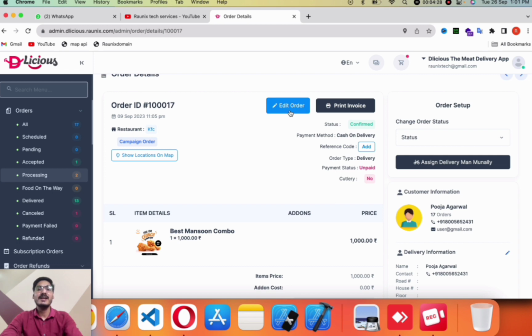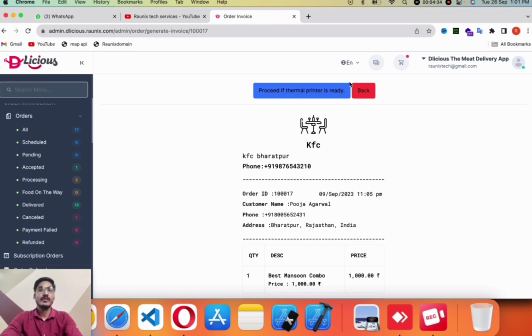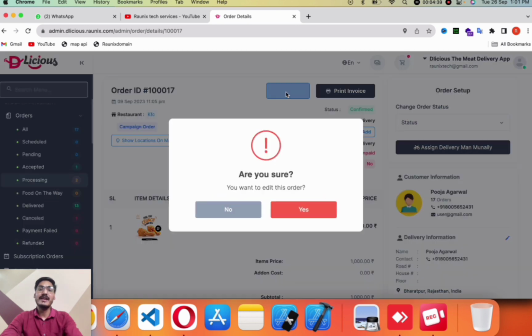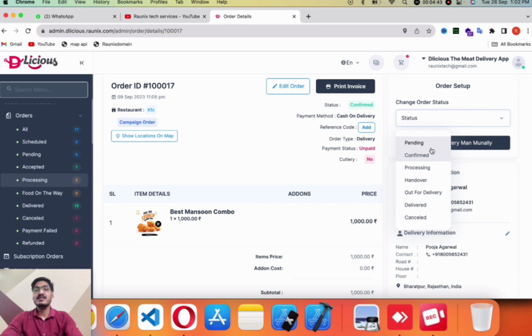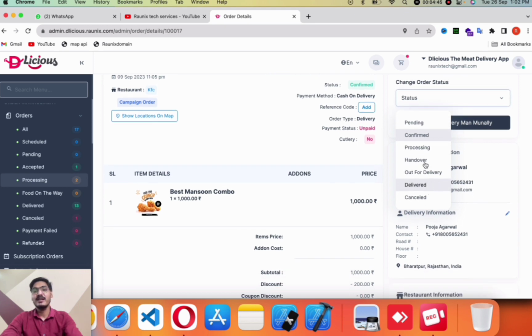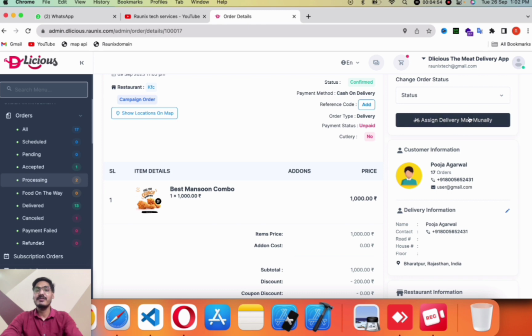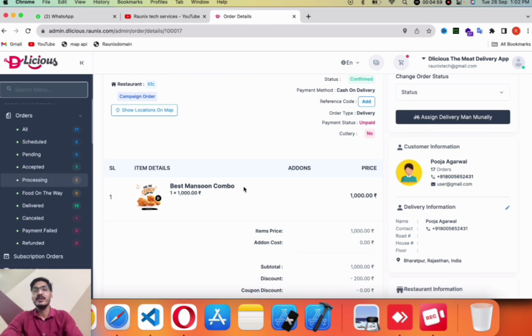You can edit the order. You can print an invoice for the order like this. You can also edit the order if you want to edit. You can change the order status from the admin panel like this: pending, processing, handover, out for delivery, delivered or cancelled. You can assign a delivery boy from here as well, or the system will assign that order to a particular delivery boy